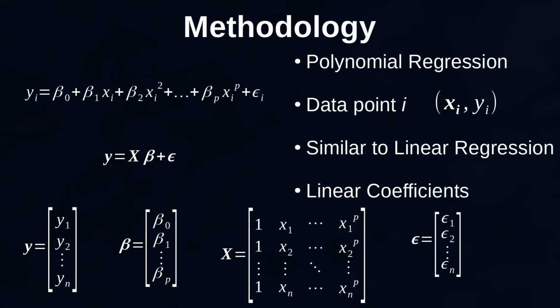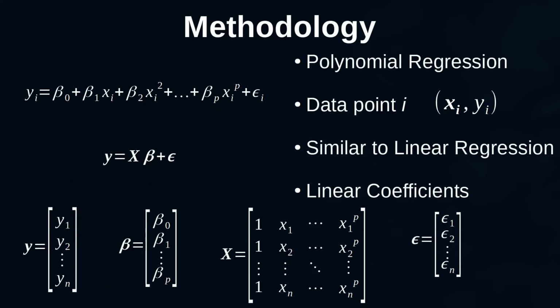Now let's see the formulas for the polynomial regression. They are similar to the ones used for the linear regression. But while in the case of linear regression there is a single feature associated to a certain coefficient, here you have the same feature repeated multiple times but with a different exponent, such as x, x squared, x raised to the power of 3 and more generally x raised to the power of p.